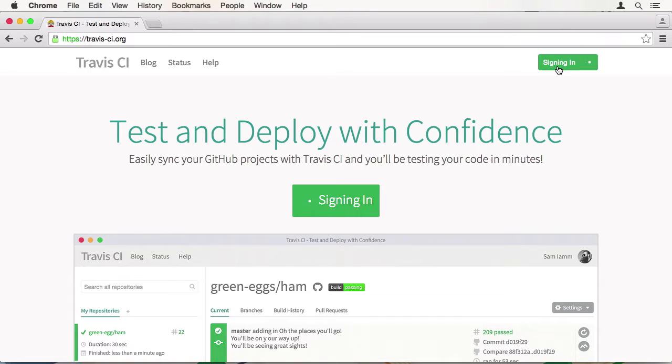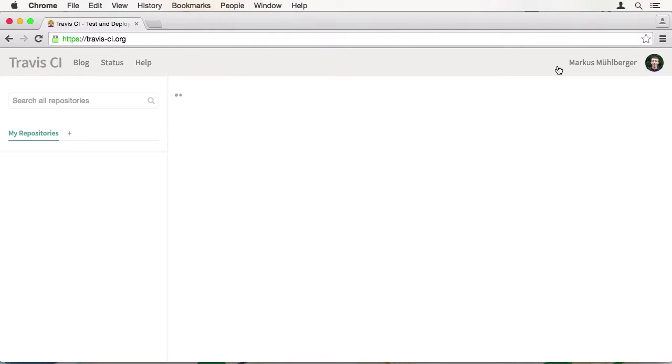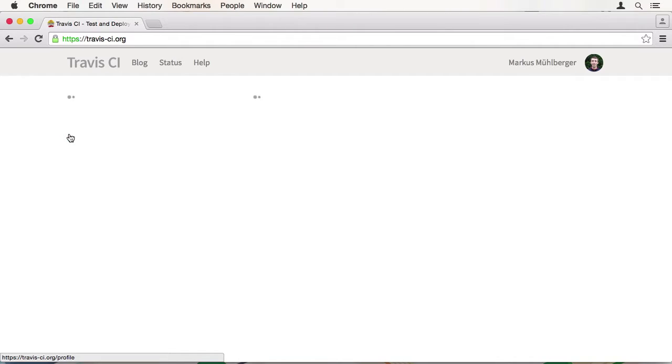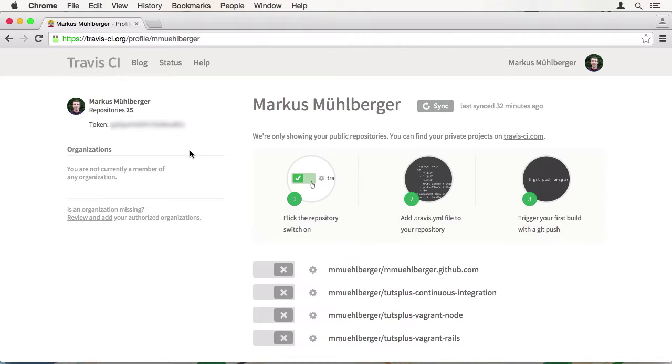To use Travis CI, you first need to authenticate yourself with your GitHub account. If you already signed in to GitHub, you won't notice anything happening. After your first login, you will be presented with a very blank view. To add a project, click the plus button on the left besides My Repositories. On the right side of the page, you'll see all your public GitHub projects and those you've got access to